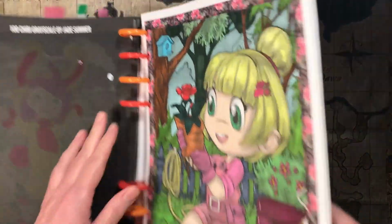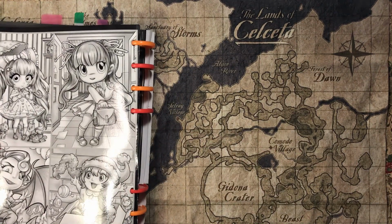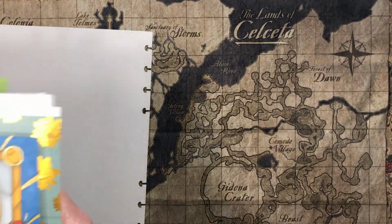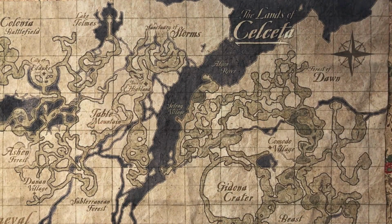Okay. And I think the last of the, let me pause you so I can fix this book. There we go. And then the last, oh, and the cover came off, of the chibis